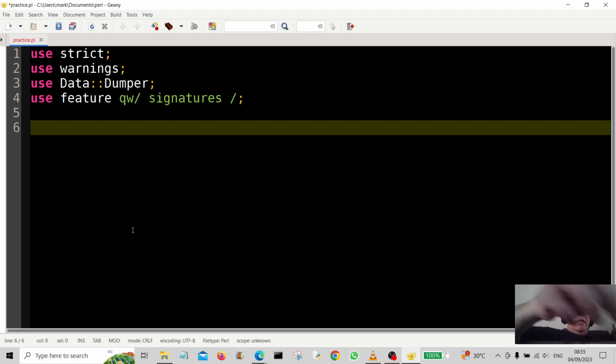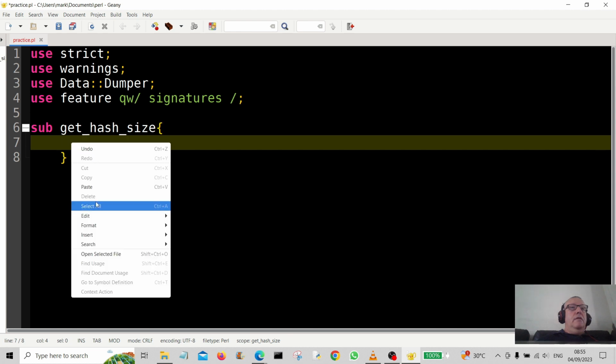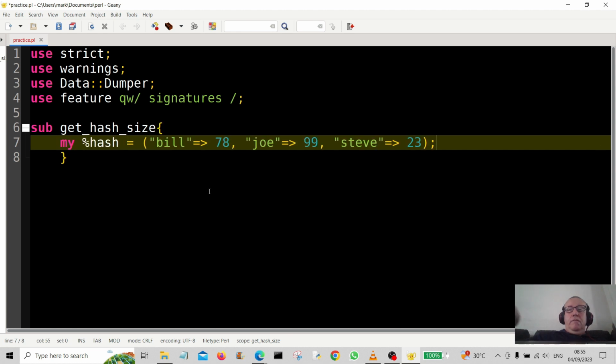Okay, so let's create the subroutine. Sub get hash size. And hopefully I've got that in memory. There we go. Alright, so